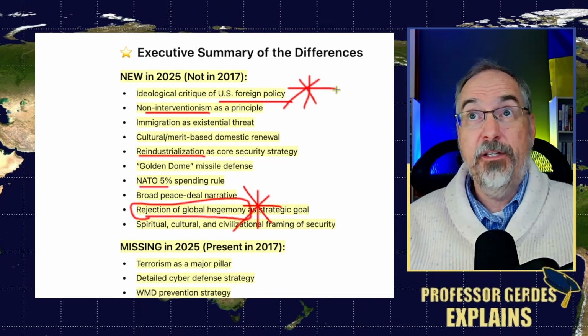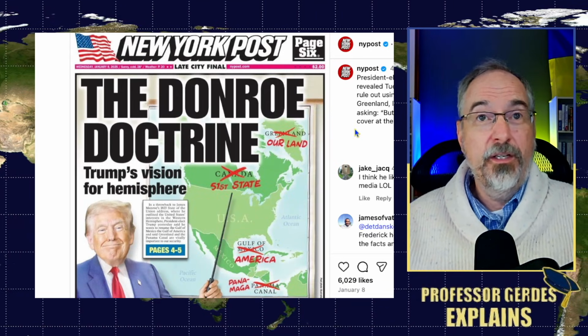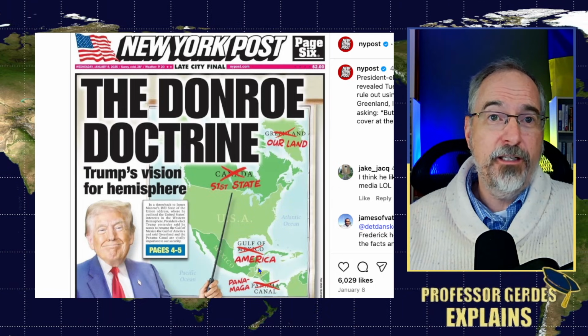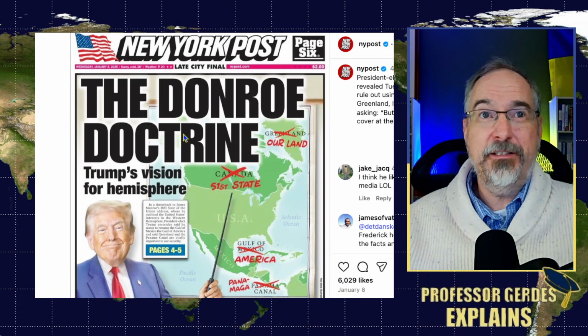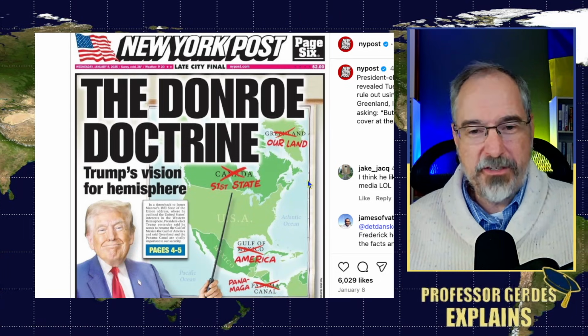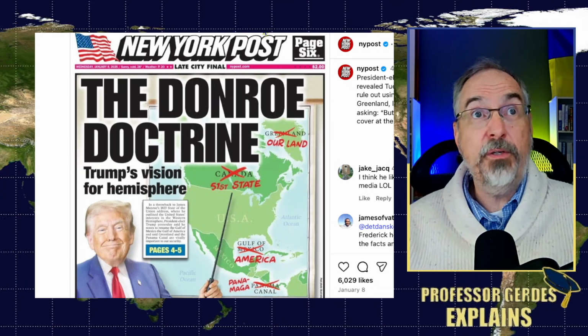That's the big shift. It's to the point where we saw this in the New York Post back in January, where Trump was talking about Greenland and Canada and the Gulf of America and things like that. And the New York Post even labeled this the Donroe Doctrine, because it is basically a revisit to the Monroe Doctrine. Okay, that's the difference between Trump